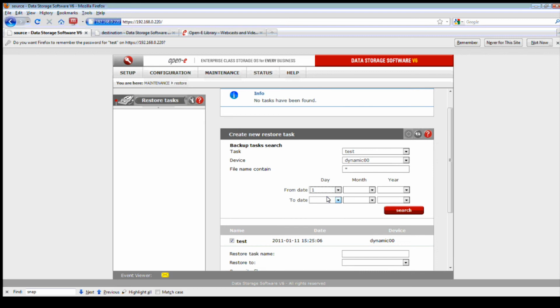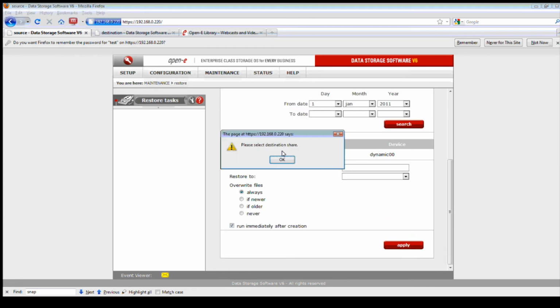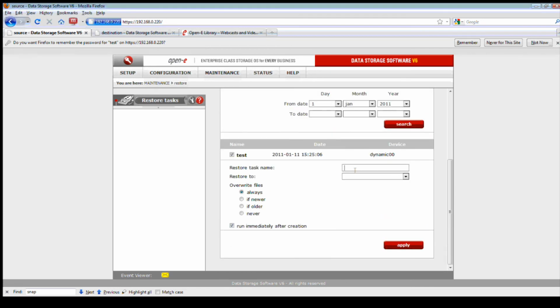In the case of going back to what we talked about before, about the NAS, we're going to go into that. There's your backup. Let's go take a look at it. Give it a second to load. And it is backing up. And then once that is completed, then you can restore all files.